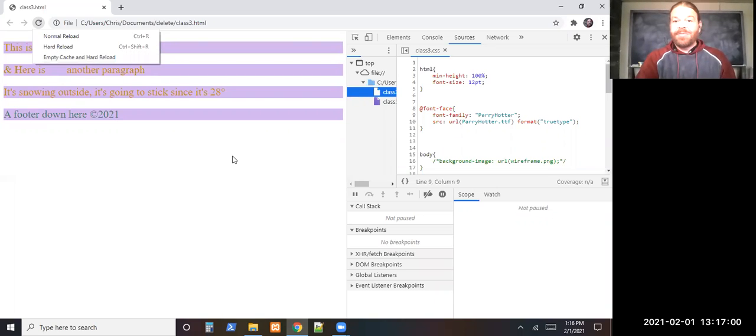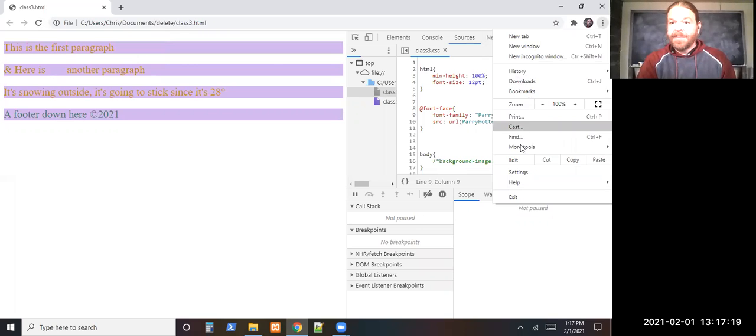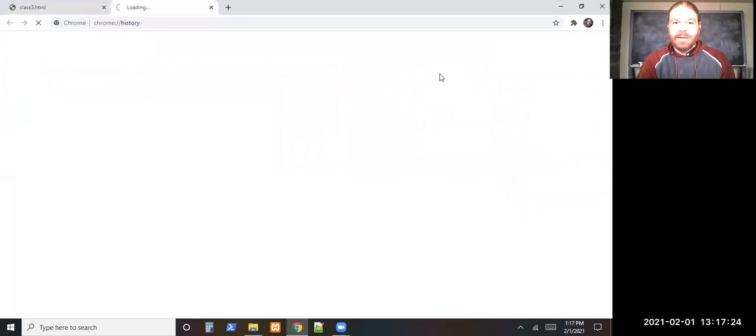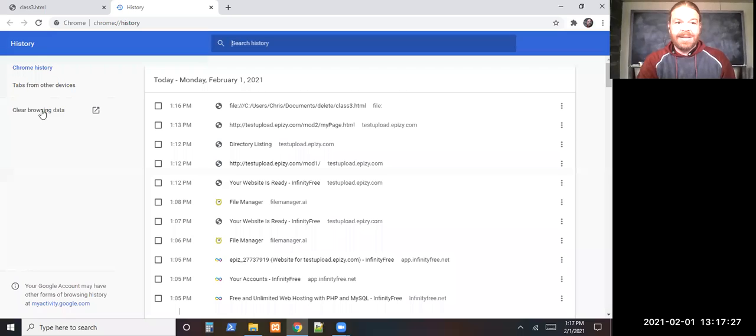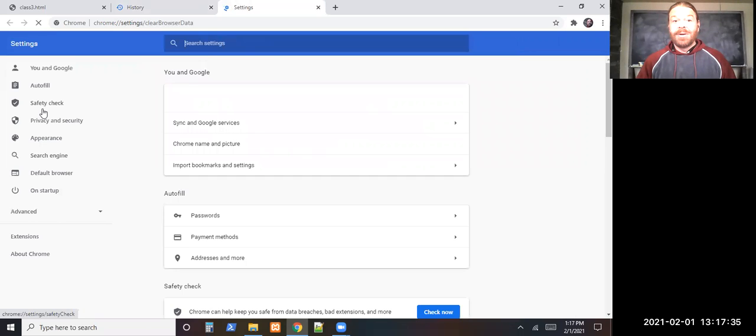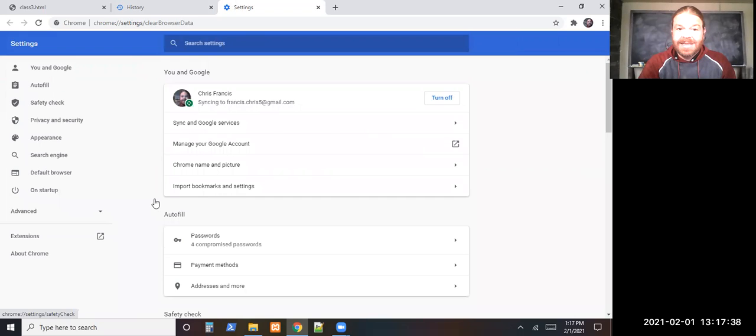As we get further along, a lot of times you're going to have the debugging tools open anyway. So all you have to do is hold down on the refresh button, and then you'll have some options on how to empty the cache. I guess another alternative is you can always go over to the history. If you just go in history and clear browsing data from the last hour, that's probably good. If you're sitting there working on your homework, putting the thing together, and it's not wanting to do that,